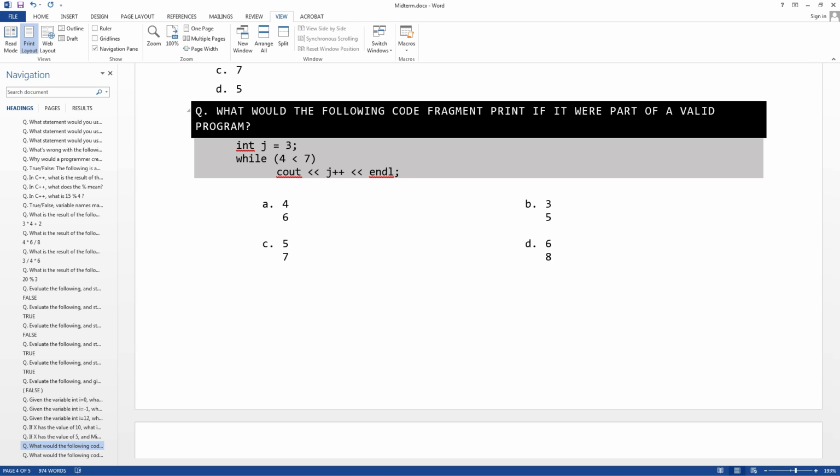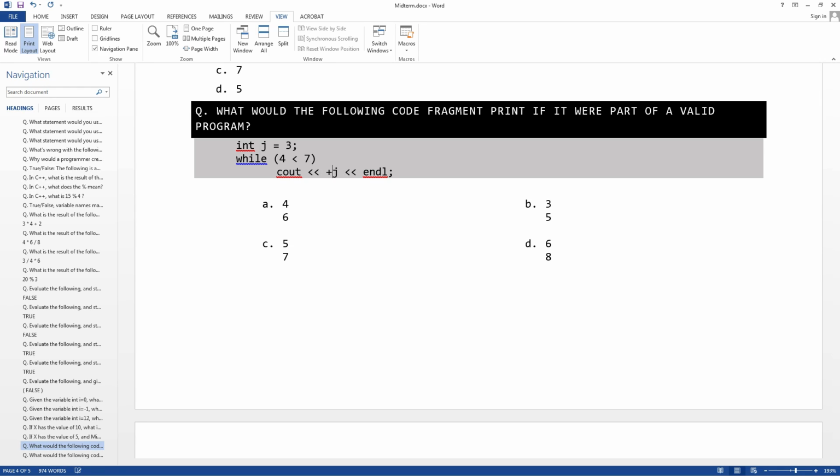Now the question is, will it output a 5 or a 4 here? So because that ++ is after the j, that means that it will use that variable and then add 1 to it, which means that whatever is running this line of code will take a look at j and use the value of j as it is, and then it will add 1 to it. So in this case, cout is saying, hey, I want to print out what j is, and then I want to add 1 to it. Which in this case means, what is the value of j right now, which is 4. And then it'll add 1 to it. So there's only one answer here, it'd be A.